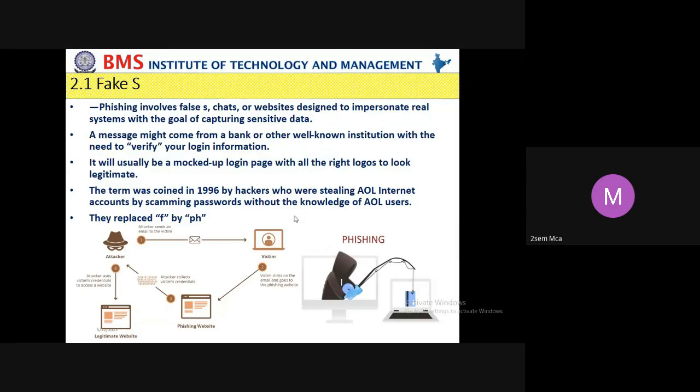For example, cloning the website as it is from the original page, but some of the links are fraudulent ones. When you click on those links, it is going to collect the information about you. So a message might come from a bank or other well-known institution with the need to verify your login information.